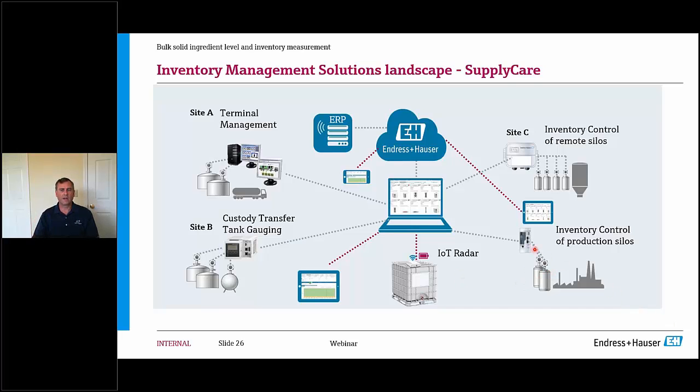Several ways of doing that, connecting the sensors either wired or wirelessly to, let's say, a collection unit, and then bringing that into a central software. And from Endress+Hauser, we offer the SupplyCare software package or solution, which is scalable, so you can start small and add on to that. And from this, you can then do all your scheduling, planning, keep an eye on it, and being also a cloud-based solution, you can have it either on an enterprise level or on a cloud-based level. So depending on who needs it and what your philosophy is from, let's say, a data security side of things, there